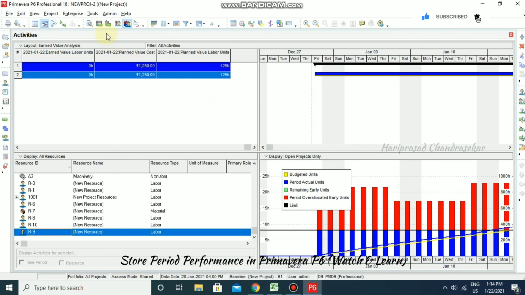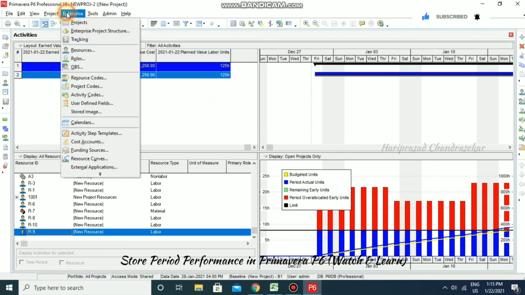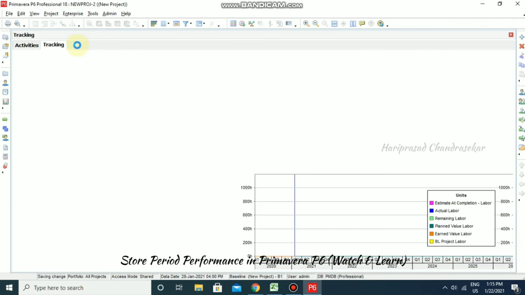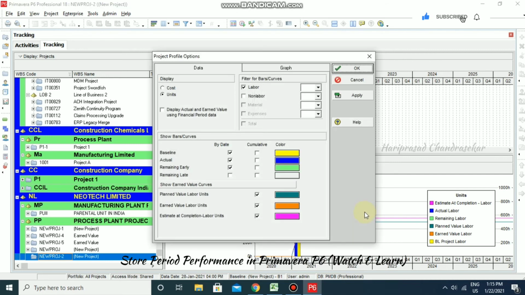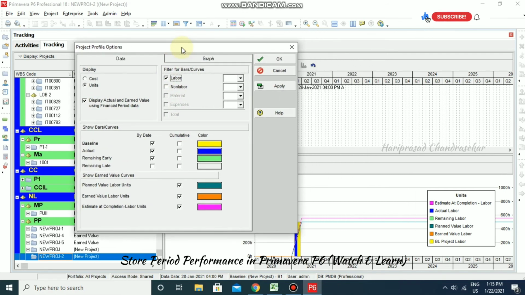Okay, now I'm just going for enterprise tracking, and here we can just go for right click profile settings, and here we can go for display actual and earned value using financial period data, and we can select the labor, and we can select whatever we want here also.